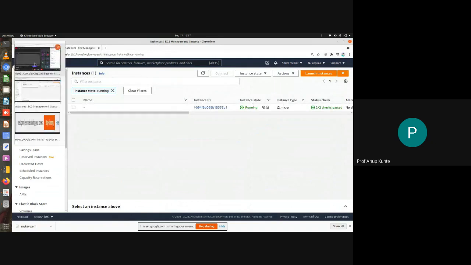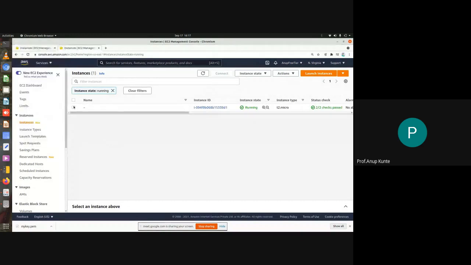Once you have the instance, download the key pair, private key pair. Using PuTTY, you can log into that particular instance. And I hope you will also be able to log in now through this.